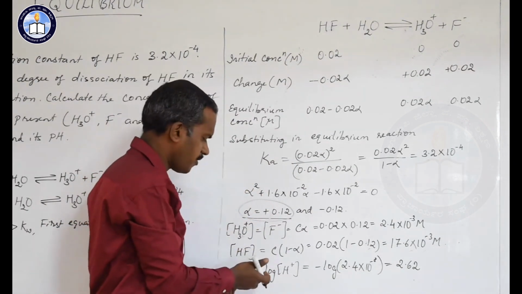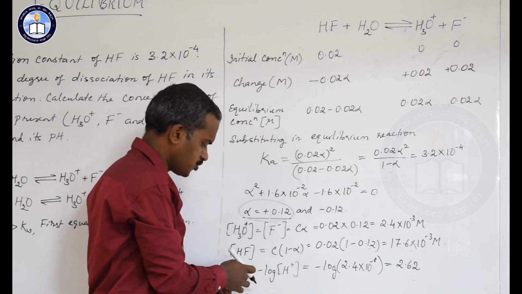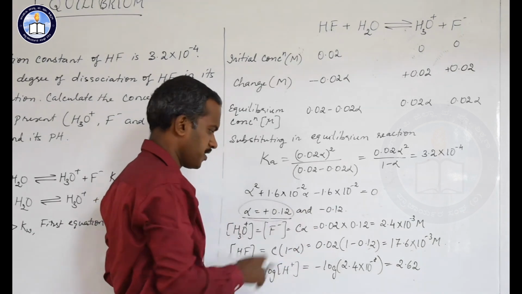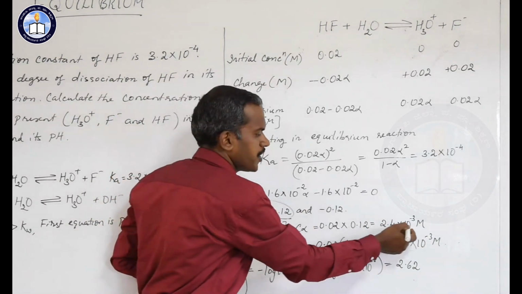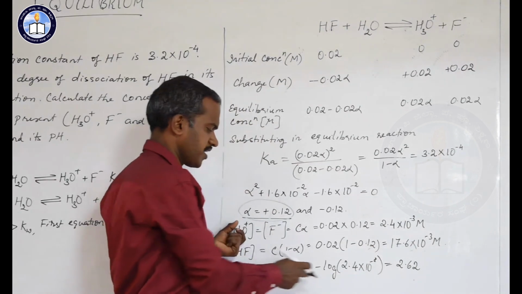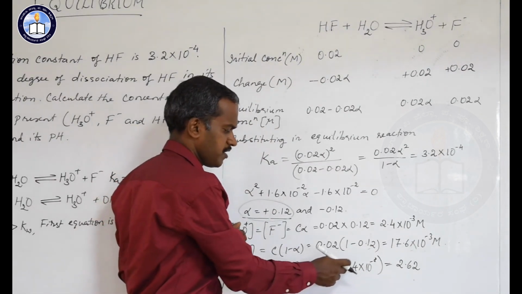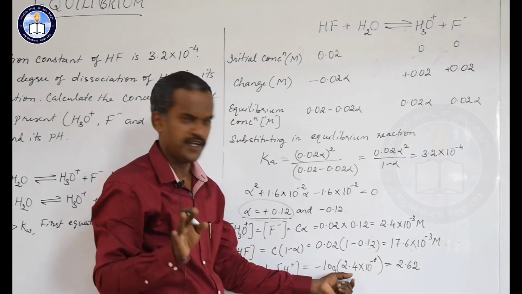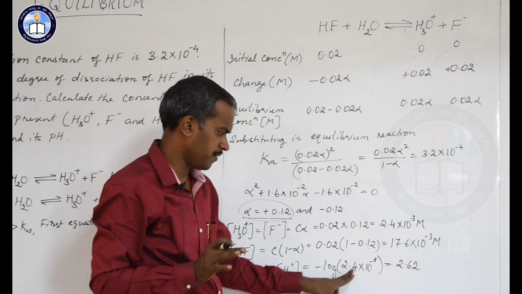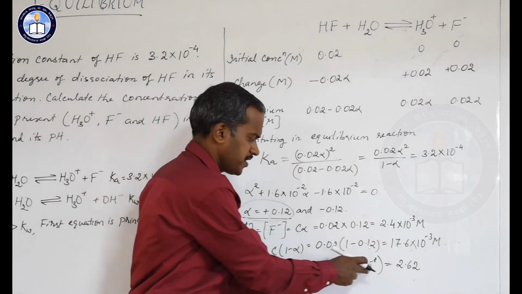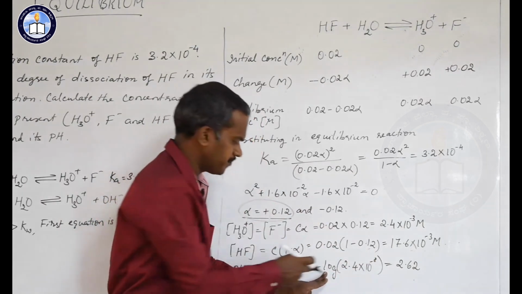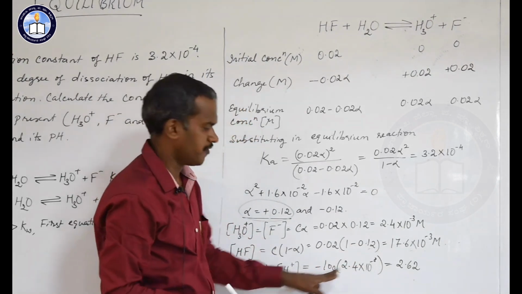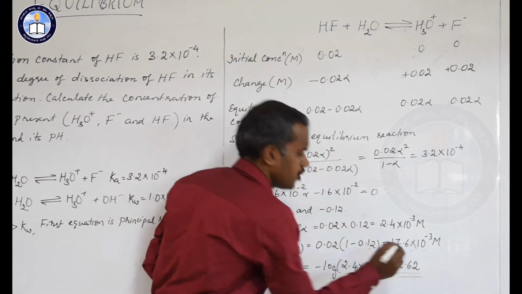So what is the formula for pH? I told you in the last class, pH is equal to minus log to the base 10 of H plus. We already got the concentration of hydronium ion, that is 2.4 into 10 to the power minus 3. The same thing we can substitute here: minus log to the base 10 of 2.4 into 10 to the power minus 3. When you solve it, you know how to simplify. Log AB is equal to log A plus log B. Minus log to the base 10 of 10 to the power minus 3 becomes plus 3, and log 2.4 you have to know, so 3 minus log 2.4. When you simplify you will get the answer 2.62.